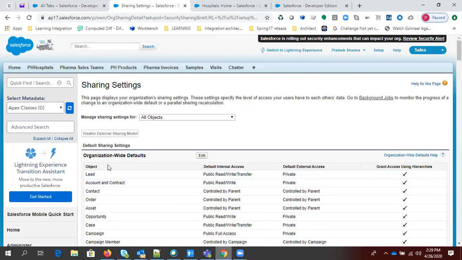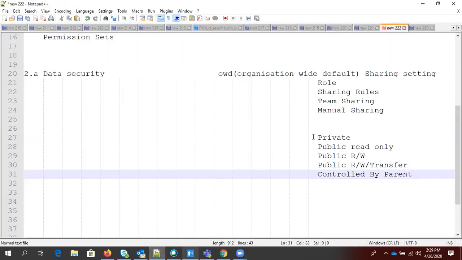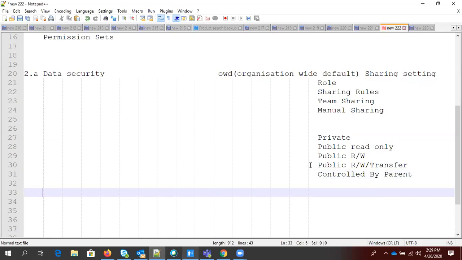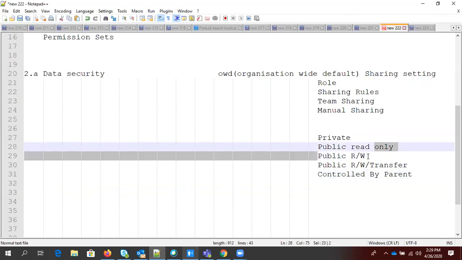Every change you make in this sharing setting will apply to the complete Salesforce org, right? So if you change any setting for the lead object, that will apply to the whole Salesforce software. So guys, what is private? Let's first discuss what is public read write.